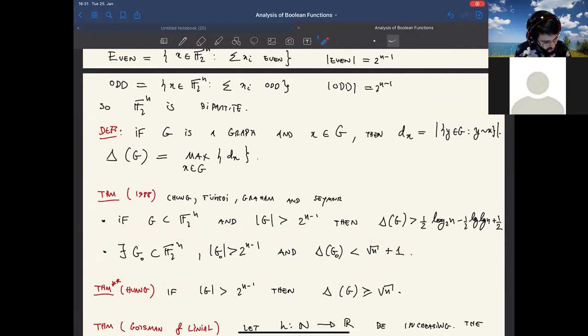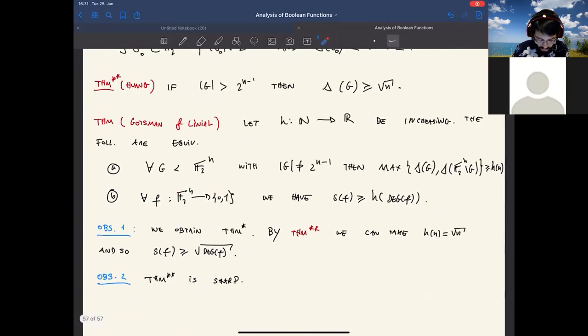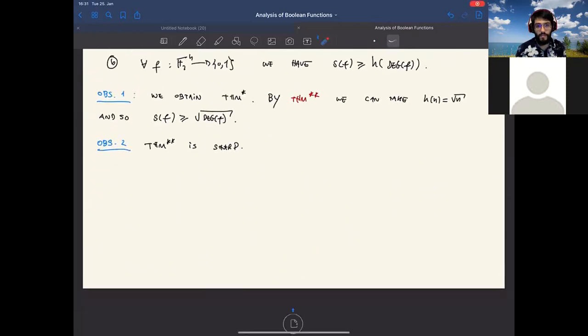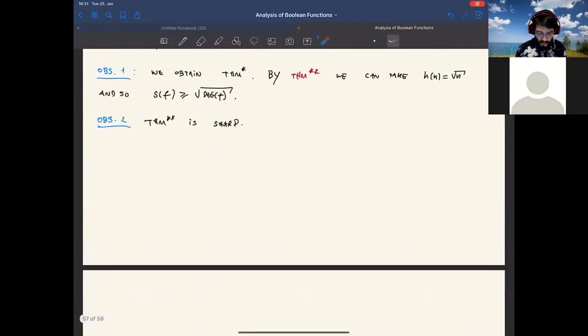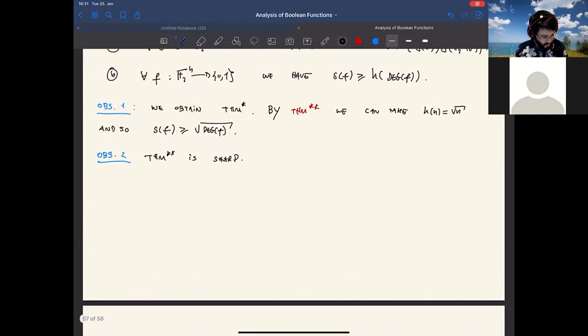So let's see that construction. It's actually a nice construction. We were doing it in generality as they do in the paper. However, in the end, we will just take a very simple case of this more general construction. They do it in generality because, again, they thought they could actually improve and make the construction of this graph with a size much less than square root of n, which is not actually possible. But anyways,